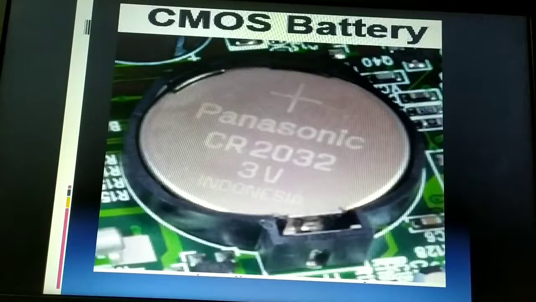Here the CMOS actually stands for complementary metal oxide semiconductor. Complementary metal oxide semiconductor battery. This CMOS is a kind of memory chip that stores the date, time and the system parameters. These parameters are loaded every time the computer is started. For example,